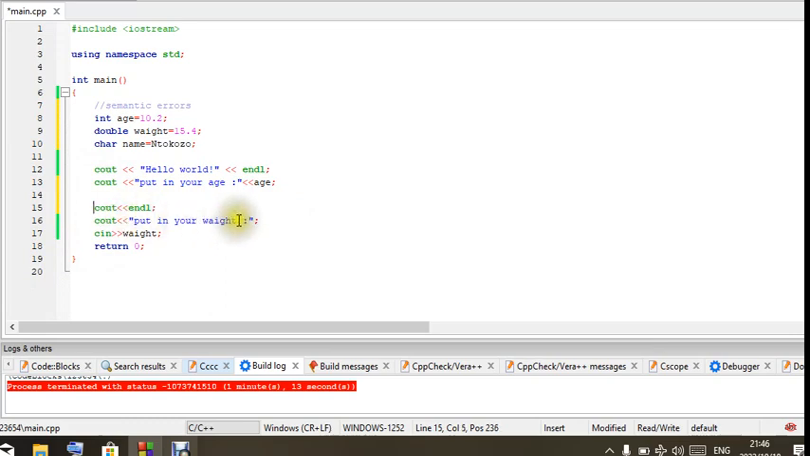And again here I can just remove all this and say wait and terminate. Now the program will run, and then say your name, put your age, put your weight, and then end line after this, and no, cout end line,